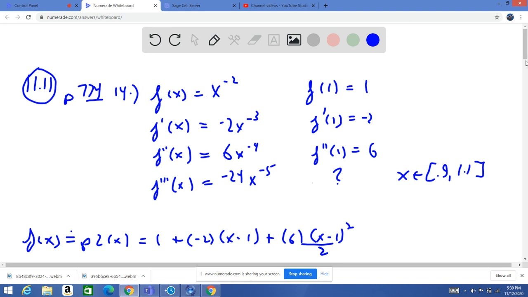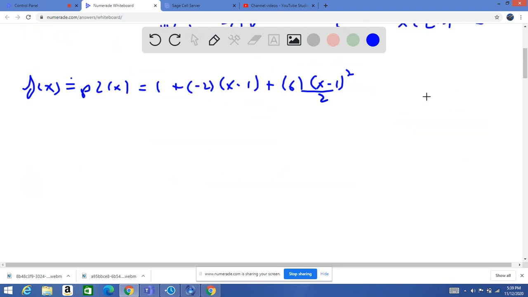So we simplify that as 1 minus 2 times x minus 1. And the 6 over 2 is 3, so plus 3 times x minus 1